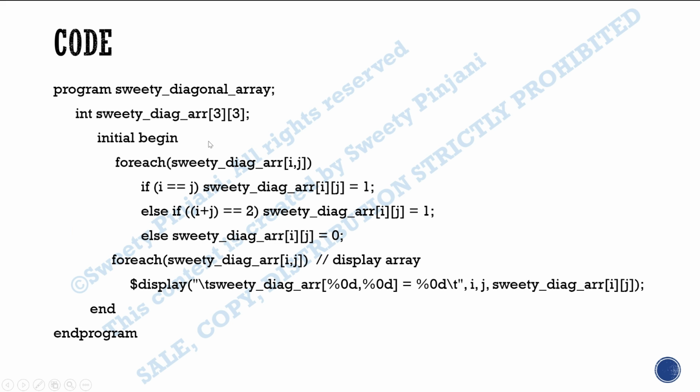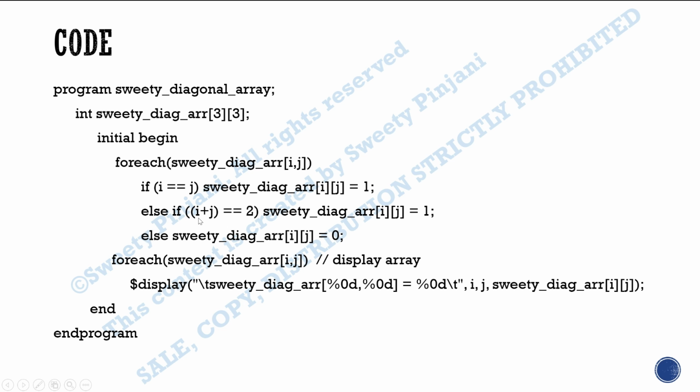This is my code. I have taken a 3 by 3 array, and for each i, j, I is the row and j is the column. If your i equal to j, we have seen 0,0, 1,1, 2,2, for these we want to print 1. So if your i equals j, you will make the element 1. Else if your i plus j equals 2. For our array, the total number of rows is 3, so 3 minus 1 is 2. I am hard coding it. You can make the equation generic. For my code, I have hard coded just to make you understand the concept.